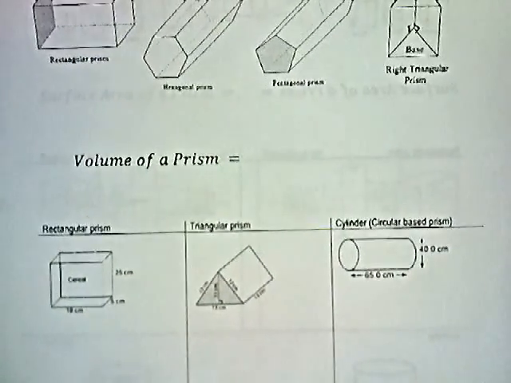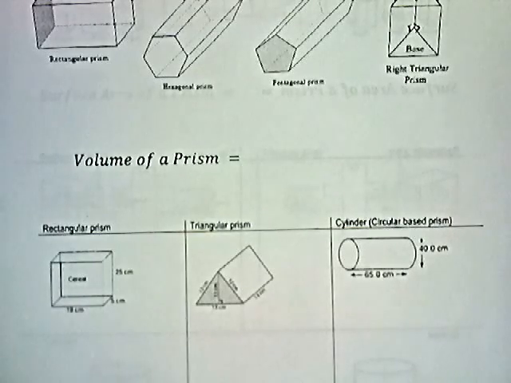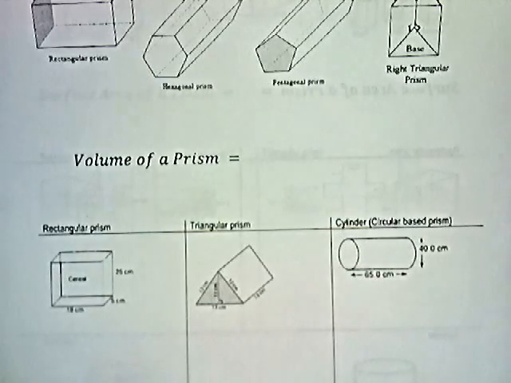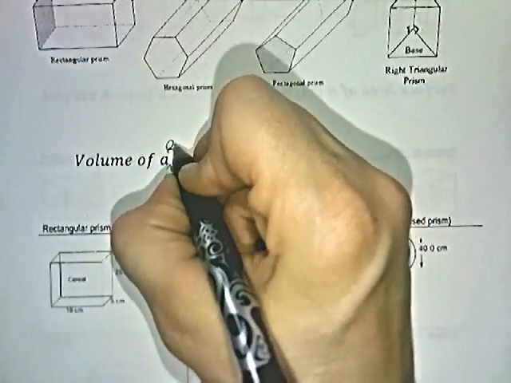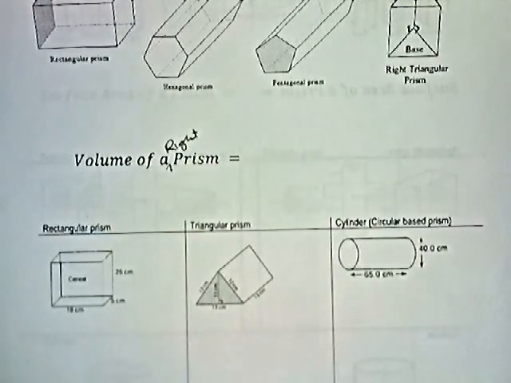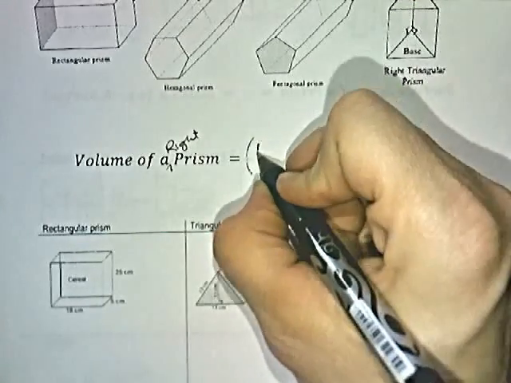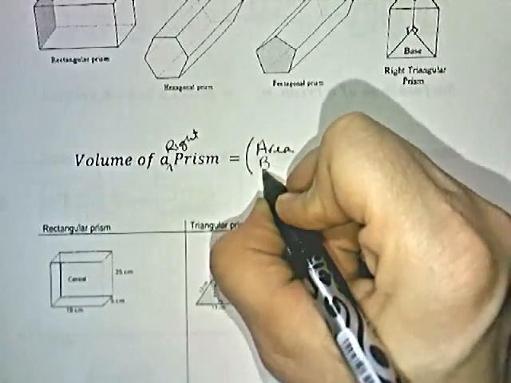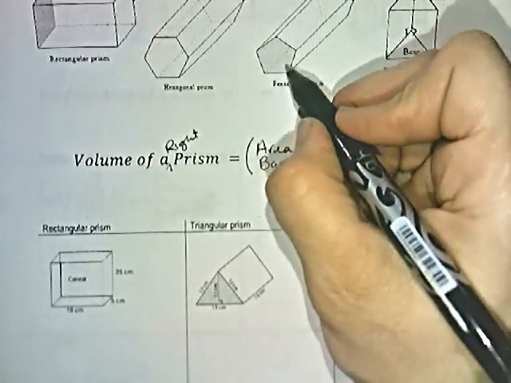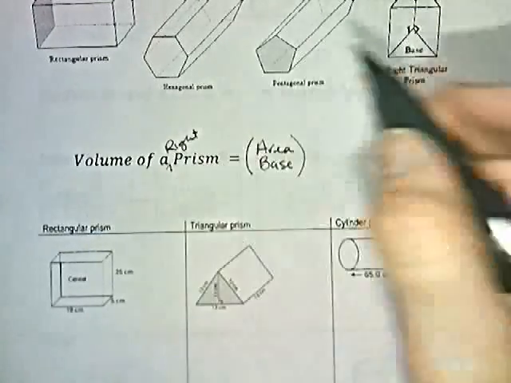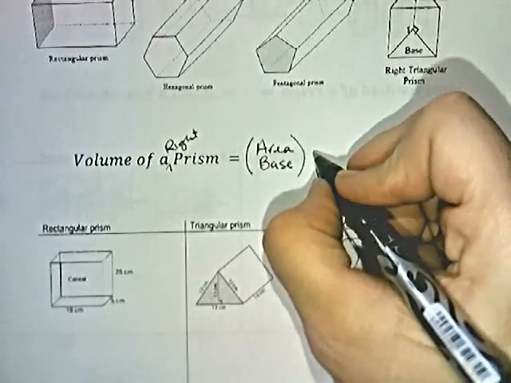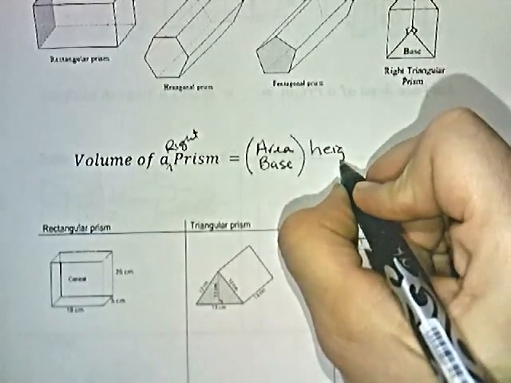When we talk about volume, we're talking about the 3D dimension inside a shape, what it would take to fill that shape. You can think of how much water I could fill this shape with. And when we talk about the volume of any right prism, if we want to generalize how to calculate it, it is always calculated by taking the area of the base, whatever that base is, so finding the area of the pentagon, the hexagon, the triangle, whatever your base is, and multiplying it by the height